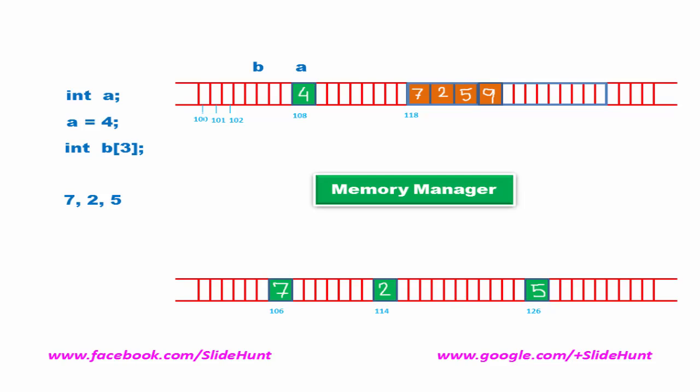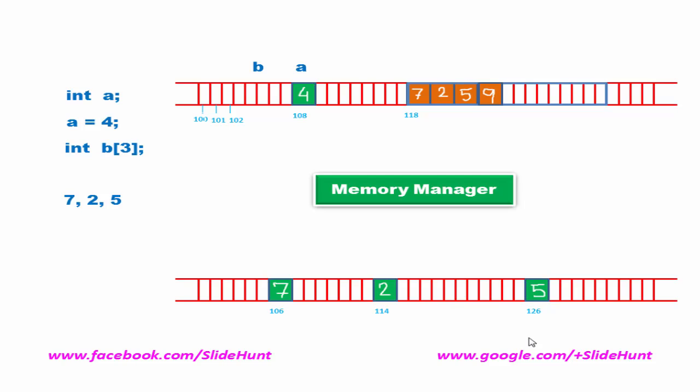Since elements are stored in non-contiguous memory locations, we need to link these elements so that we can identify this is the first element, this is the second element and so on. In case of an array, it is very simple because elements are stored in contiguous memory locations and using the base address, we can calculate the address of any element. But in a linked list, elements are stored in non-contiguous memory locations.